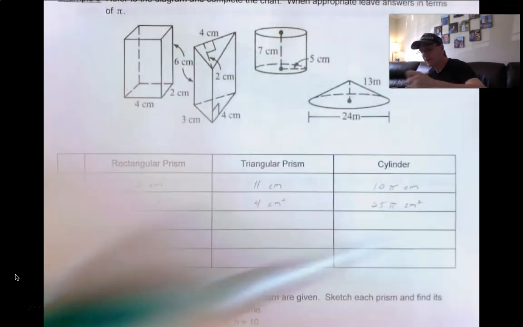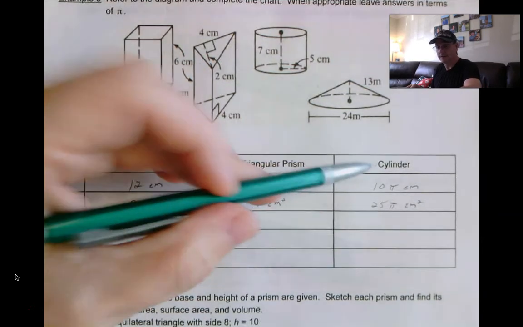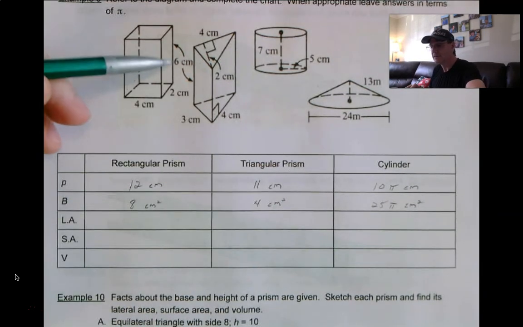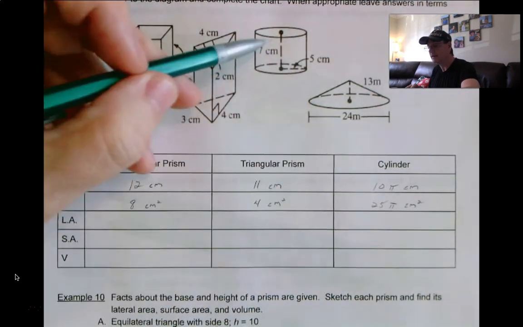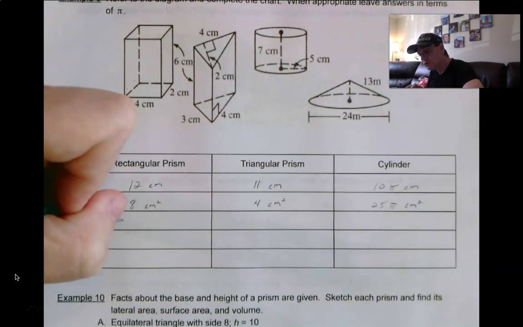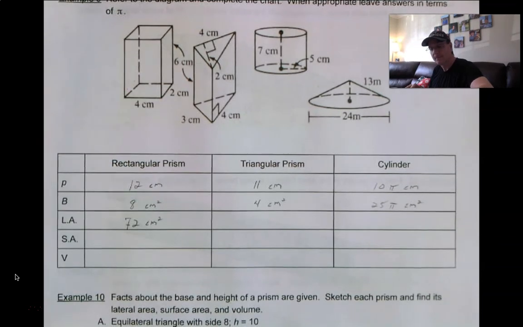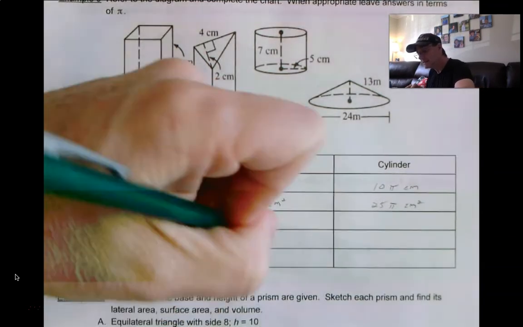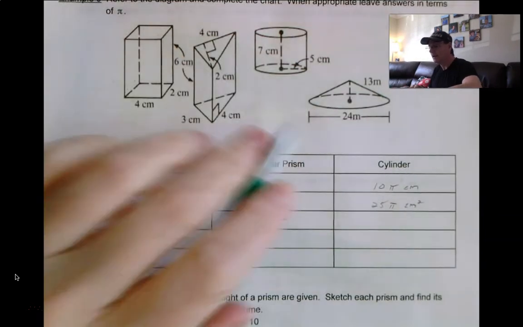centimeters squared. Lateral area. Lateral area is perimeter of the base times the height of the prism or cylinder. Okay, so 12 times 6, 11 times 6, 10 pi times 7. So 12 times 6, 60, 72 centimeters squared. 66 centimeters squared. And 70